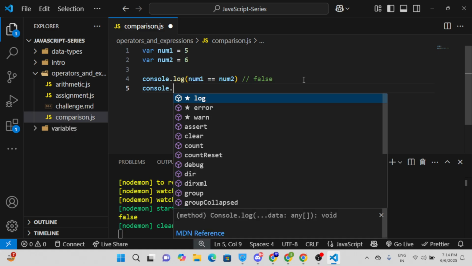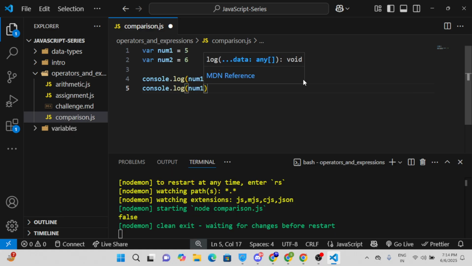console.log, and here we can go with num1 triple equals num2. And now we have a big question. What is the difference between the double equals and the triple equals? These are two comparison operators. They are responsible for checking the equality of two values, but there are differences between both of them. For example, this first console.log, with double equals, is called the